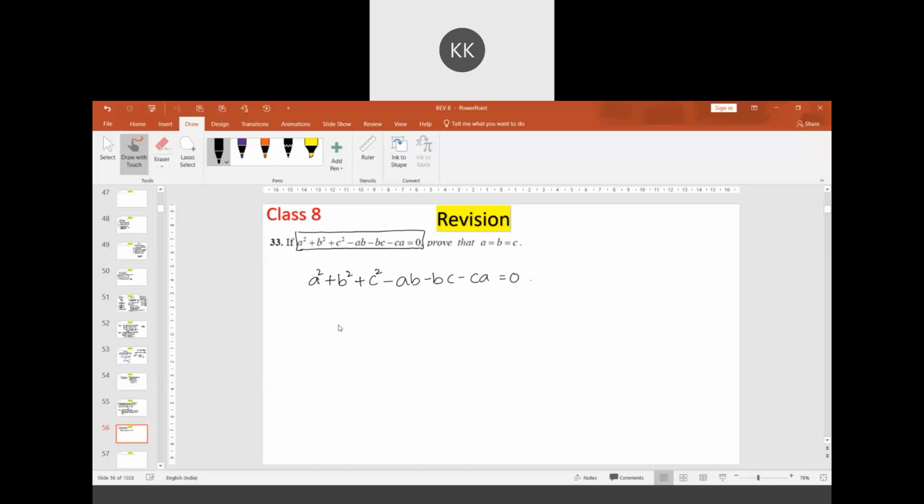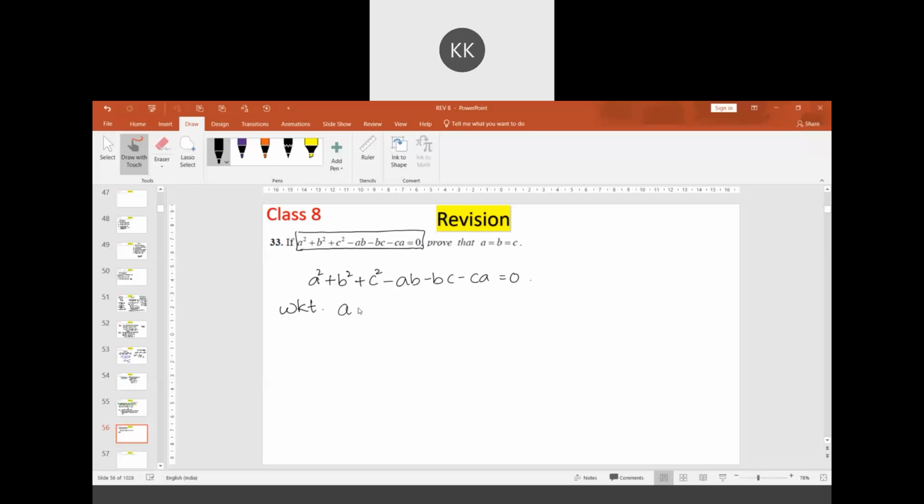All the numbers must be 0, sir. You have to consider A is equal to B is equal to C is equal to 0, sir. I have an identity, sir. A plus b plus c whole square is equal to a square plus b square plus c square plus 2 times of ab plus bc plus ca. We know that identity, I will write it.